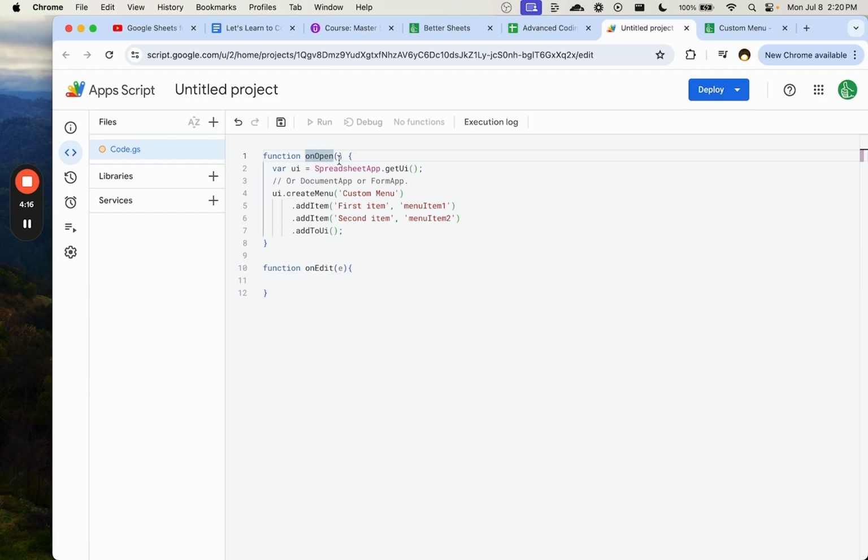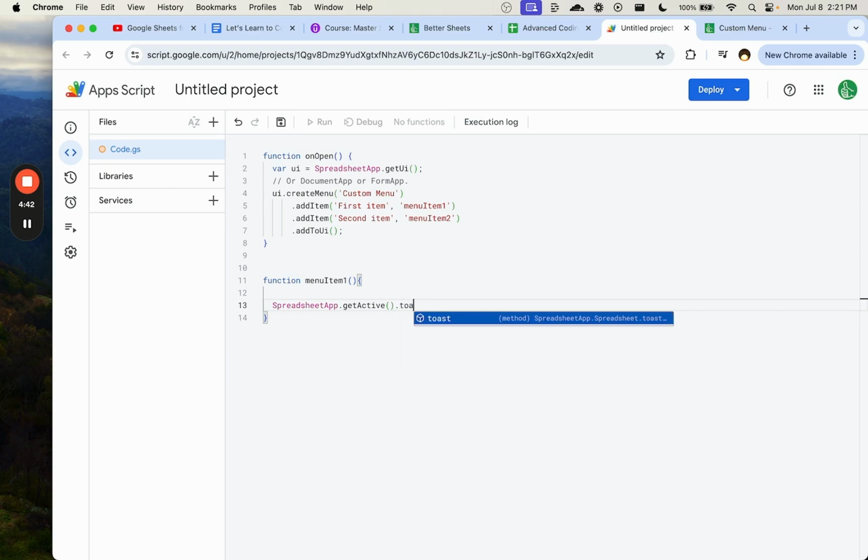And in our case, we have onOpen here, which is going to create two items in a menu and add that to our UI. These menu items won't do anything, but we can actually create functions for them. Let's do something fun like a toast message. So we're going to do SpreadsheetApp.getActive, whatever active sheet we're on, and toast,